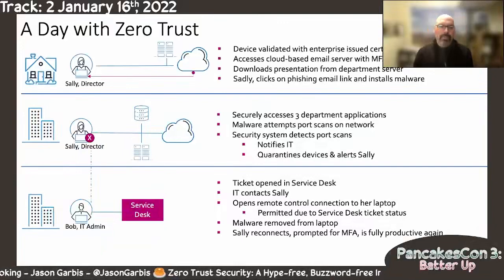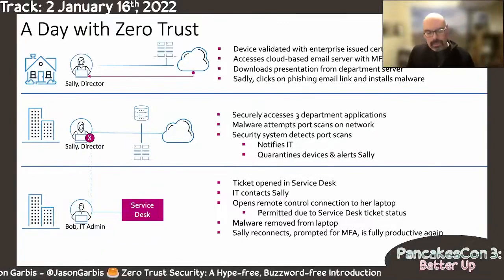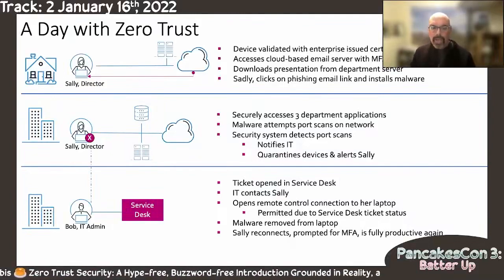So I hope that that's provided an overview of what Zero Trust is and some of the benefits of it. I went a couple steps down in some of the architectures around that. In particular, I talked about the software-defined perimeter architecture. I do encourage you to do some reading, learn some more about this. There are a ton of freely available resources